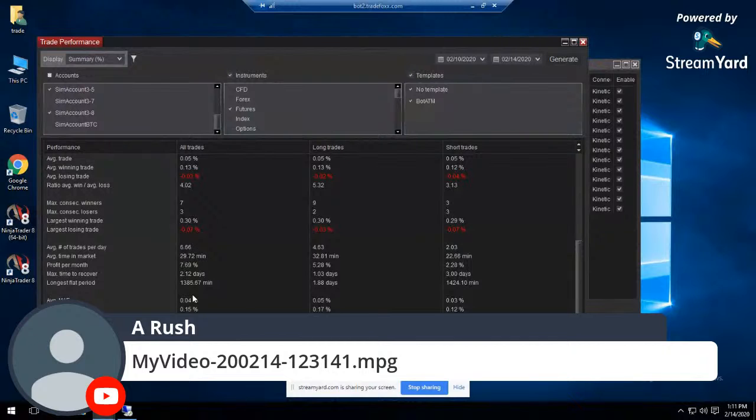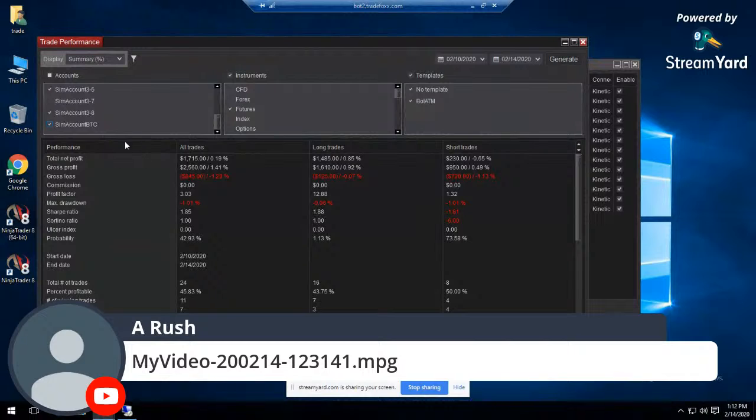Its recovery time supposedly here is 2.2 days. Profit per month is 7.69%. So if you would take all the algorithms except for number three, which is not working, it looks like I have a good platform, and that's trading across four different markets. The most volatile, crazy market, oil. And let's see what the BTC account is. Okay, so the BTC account